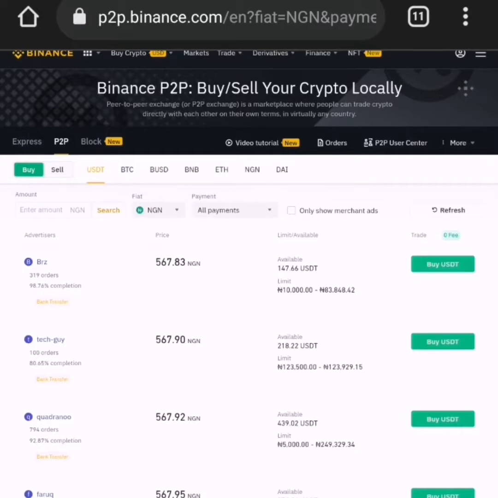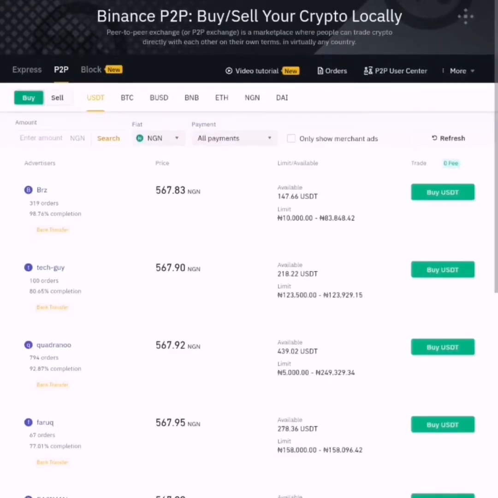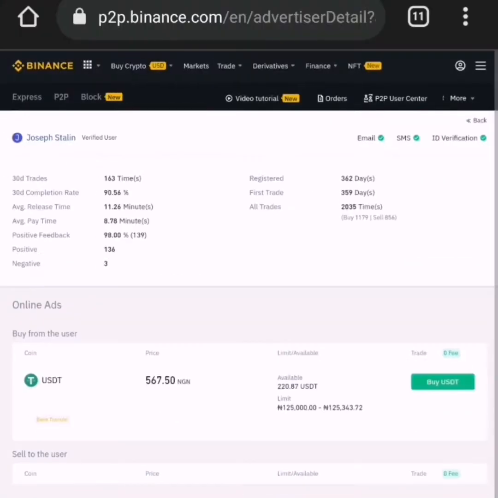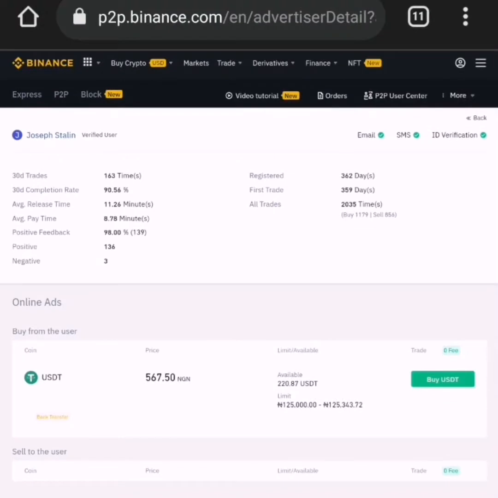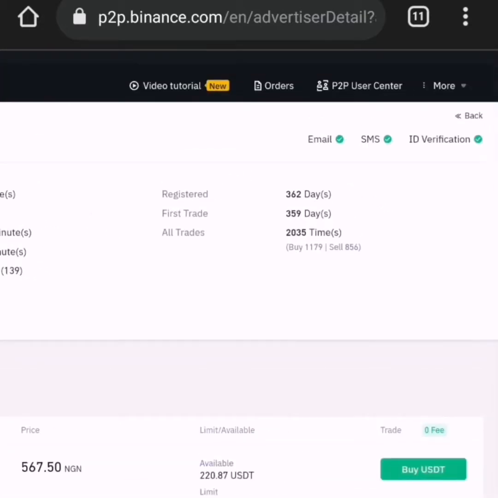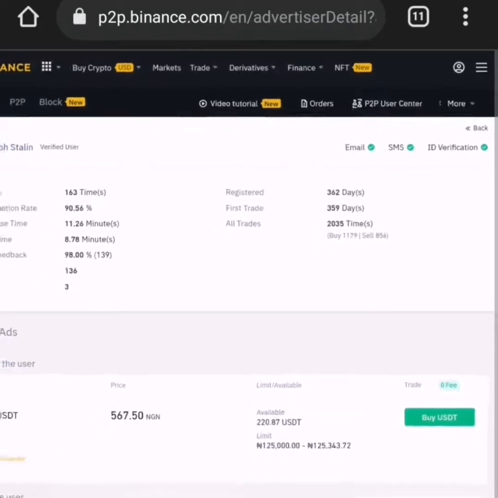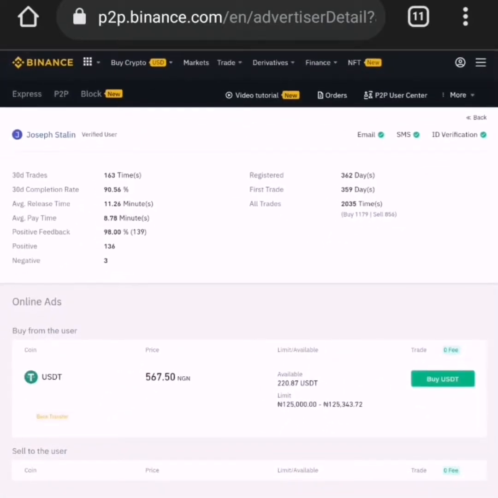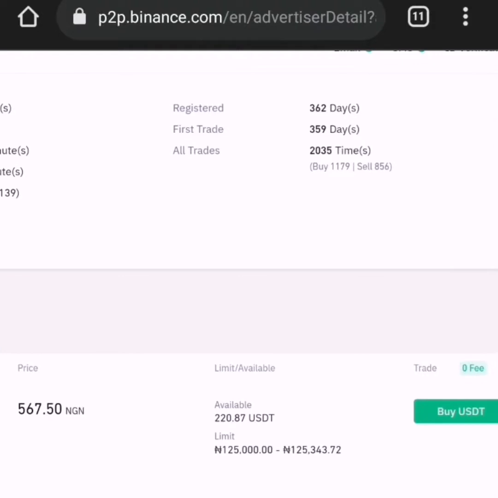How do we know a proper or legit merchant? A legit merchant always has a unique number allocated to his name. This one is a merchant profile, Joseph Stalin. This man has email verified, SMS verified, and ID also verified. I also go further to check the number of trades he has done, and it says the total number of trades he has done is